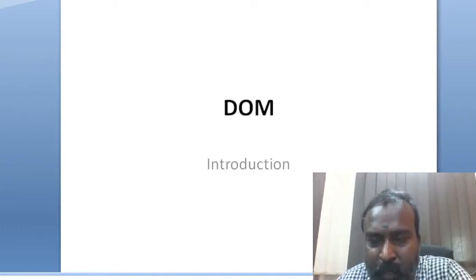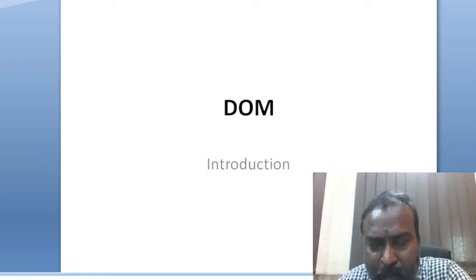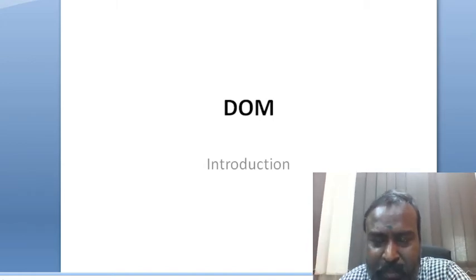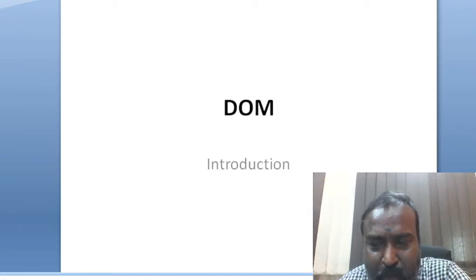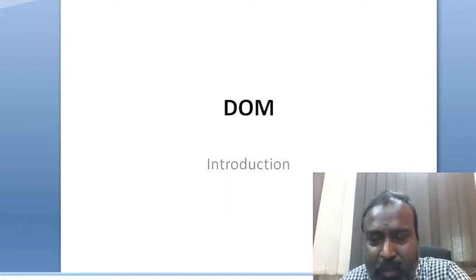The next topic we are going to see is about the Document Object Model. In the earlier slide I gave a few codings regarding JavaScript. Those who are unaware of JavaScript can just copy the code and paste it in Notepad, and the extension should be .html. If that's the case, the coding will work.